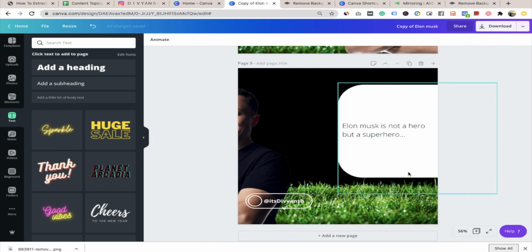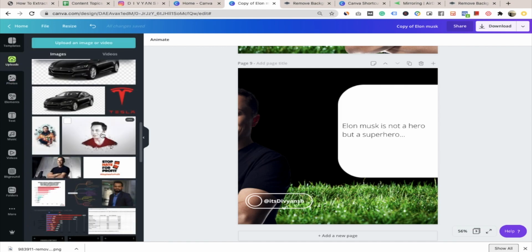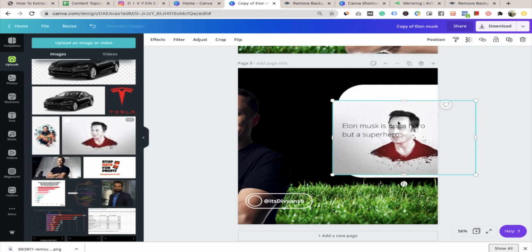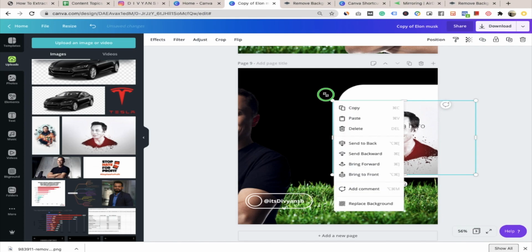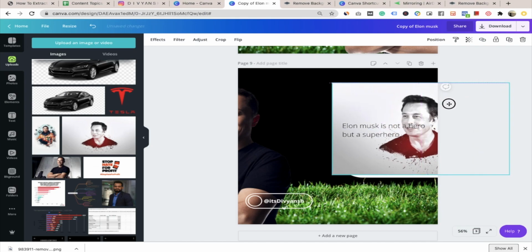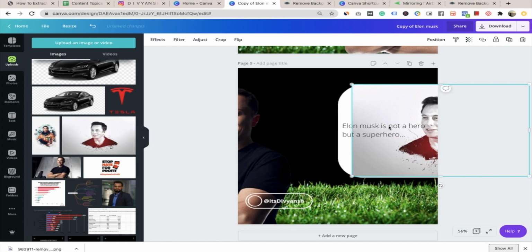Next thing, let's say I want to add some picture in this background. It's up to you whether you want to do it or not. In case I did some experimentation with images and I got mixed reactions. So let's say I want to add this image over here. Then again just bring it here. Now if you look at this picture, it looks pretty vague. So the best thing to do in this scenario is